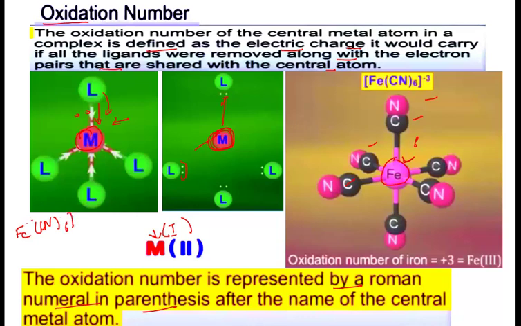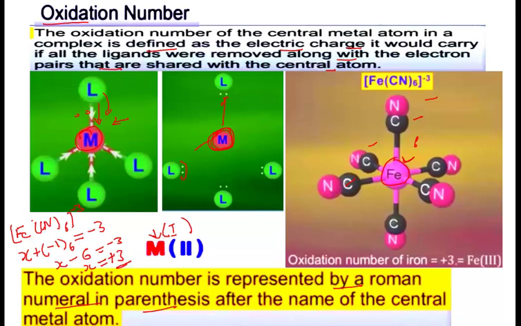And the charge is 3 negative. So let us take X for Fe and then plus cyanide, I think you know, -1, how many times? 6. And then we have to equate it, because there is a minus charge, so -3. Okay, so X minus 6 equals -3,